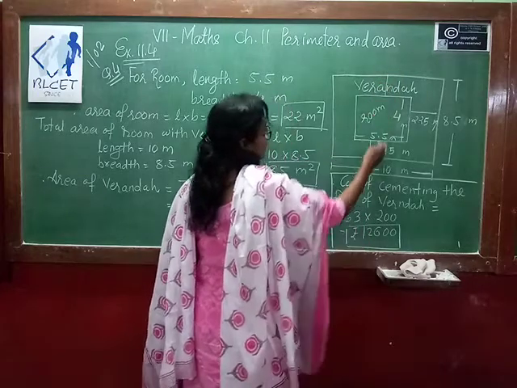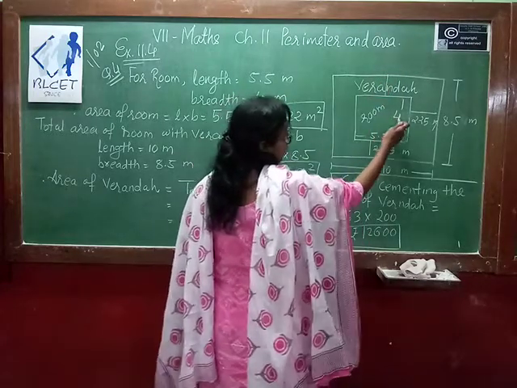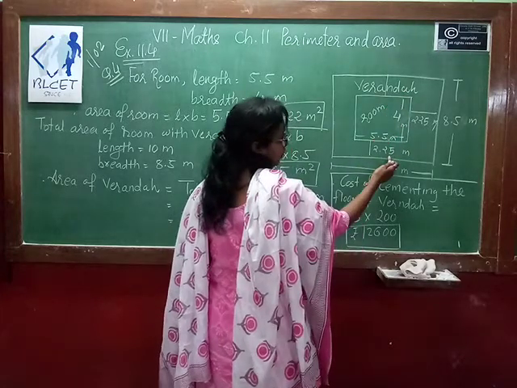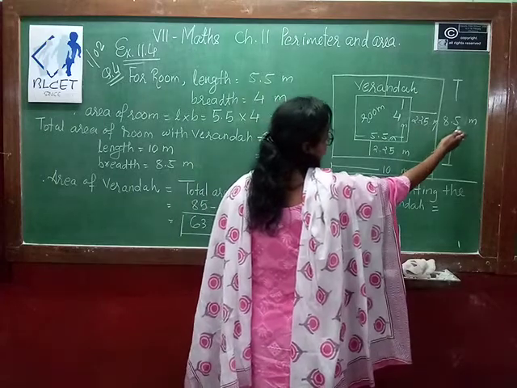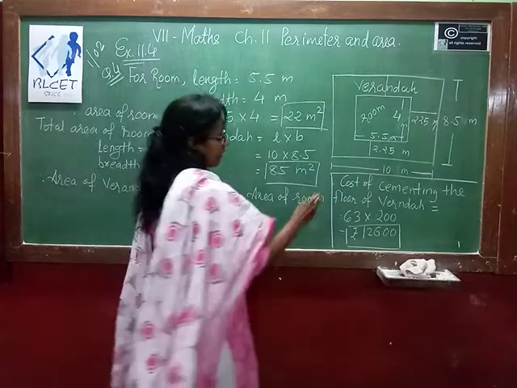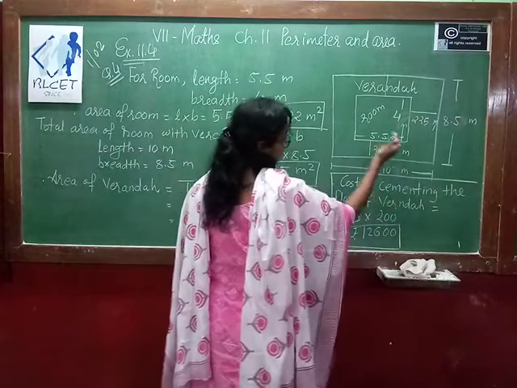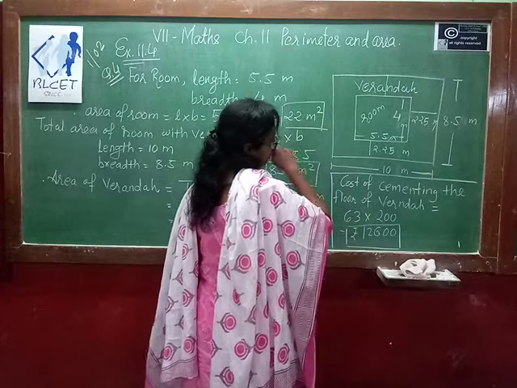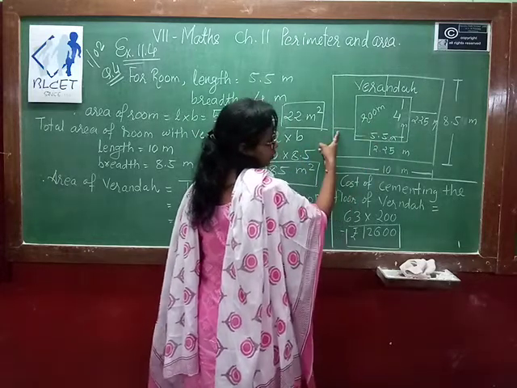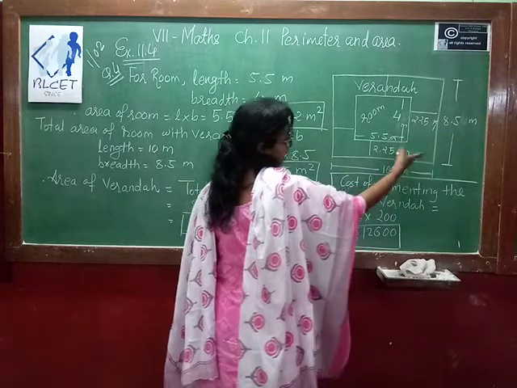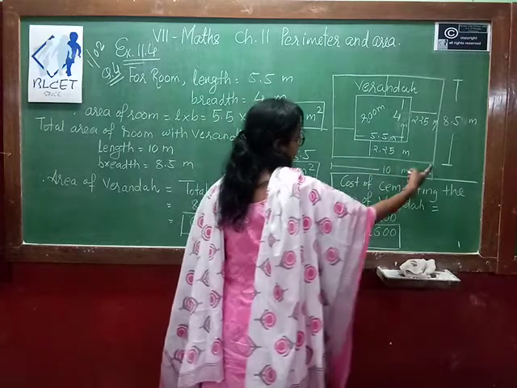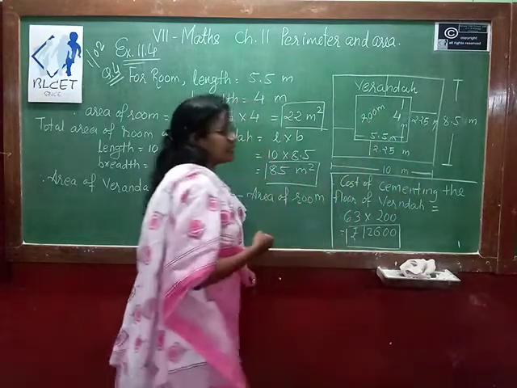So if you consider the total breadth, so 4 meter is already given, so 4 plus 2.25 plus 2.25. So what is your answer? 8.5 meter. Now the total width is 8.5 meter. Same if you consider the length, room plus veranda. So that is 5.5 meter is the length of room. Both the side, this is 2.25, this is 2.25, that we have to add in 5.5 meters, so we get 10 meters. So the total length including veranda and room, that is 10 meters.